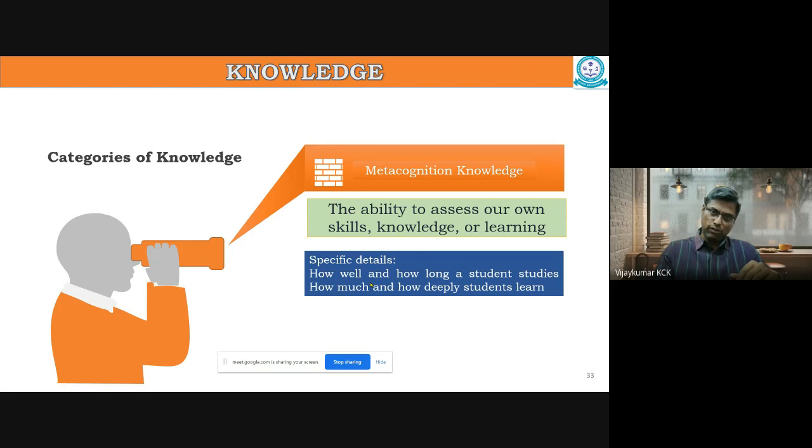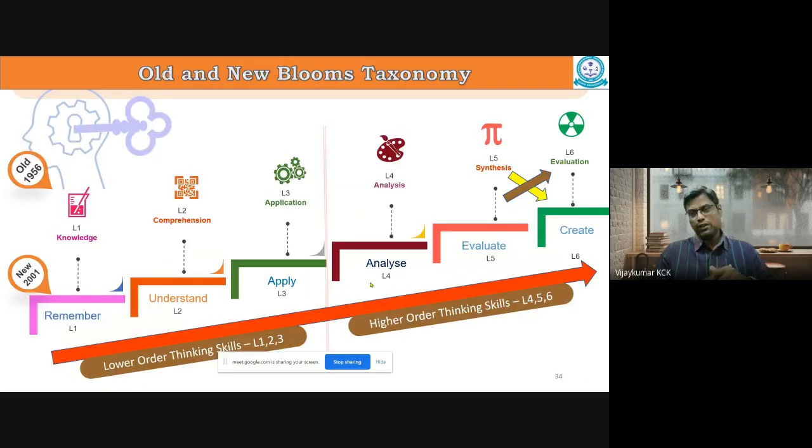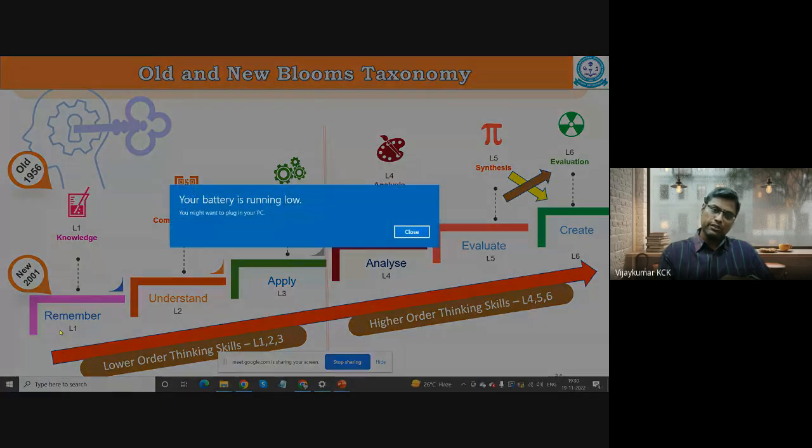All these four patterns of the cognitive domain's knowledge dimension are not being followed or recommended. Only Bloom's taxonomy, that is the cognitive processes, is being recommended. In this one picture, I am depicting two aspects, old as well as new. Given at the top is L1, L2, L3, L4, L5, L6. All this is old. And given in the steps is